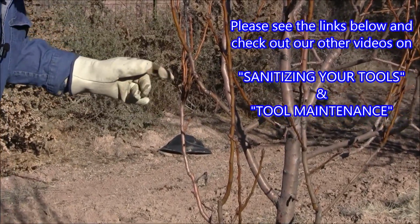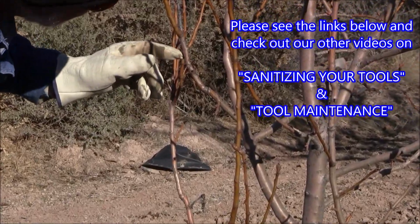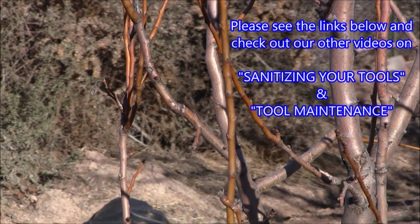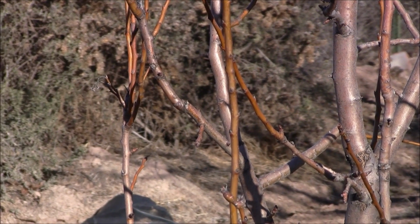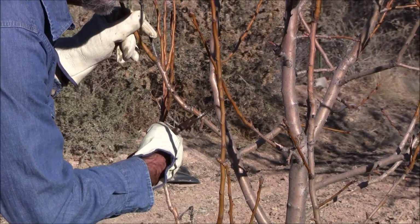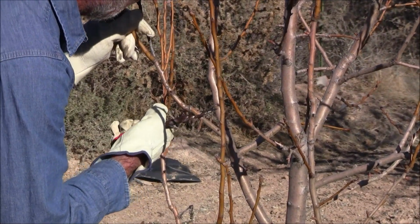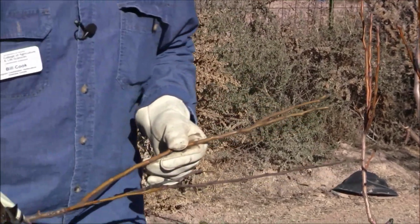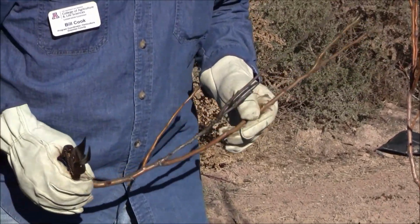We want to go down a ways, and I'm not real pleased with any part of this. So I am going to come down here a little further to a side shoot, and I am going to cut that off. So here is a little bit, and you can see why it's called fire blight, because it's